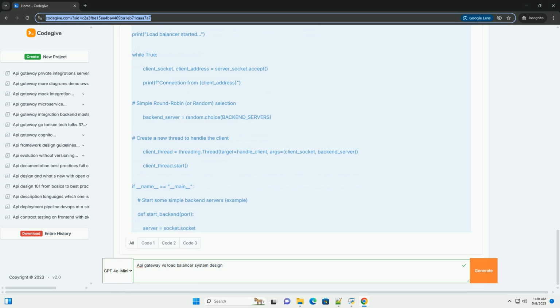load_balancer: this function creates a socket that listens for incoming connections on port 8000. When a connection is received, it selects a backend server, using random choice for simplicity, and spawns a new thread to handle the client. Important: